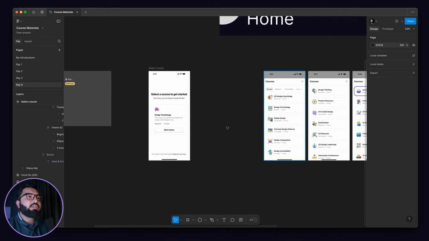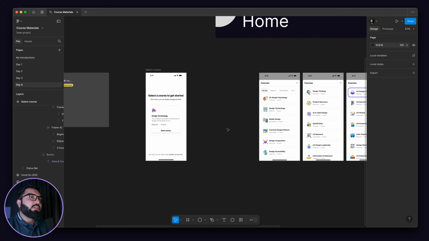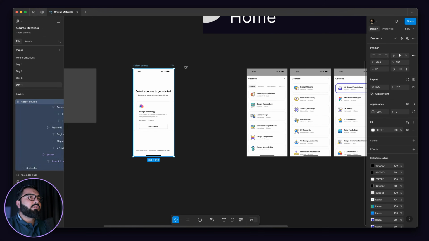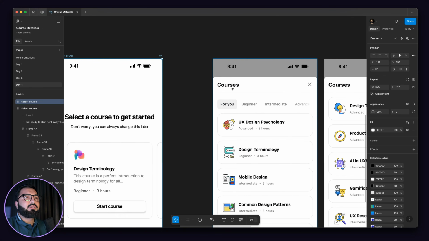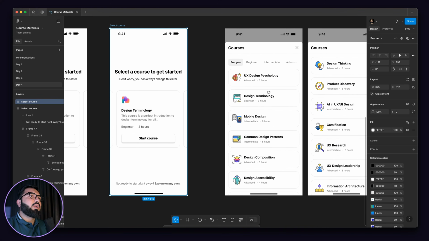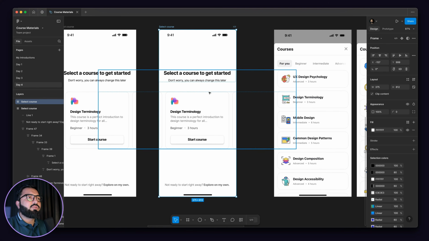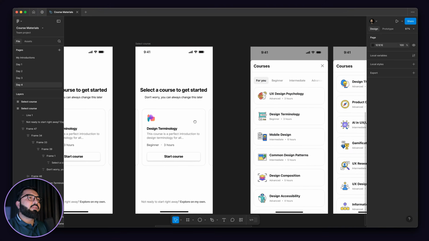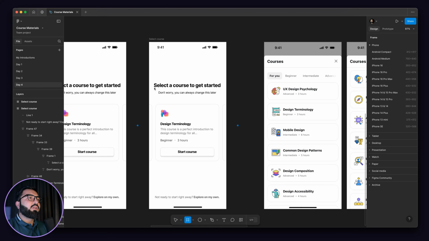And once we click on this explore on my own, it will take us to this screen. Okay, so let me just duplicate this. And if you remember, previously we did this screen, this pop-up, right? And I will try to take it from there, or we can draw it here. Okay, so let me draw it again. It is very easy. Okay, the screen will stay, and what I can do here is basically create another frame